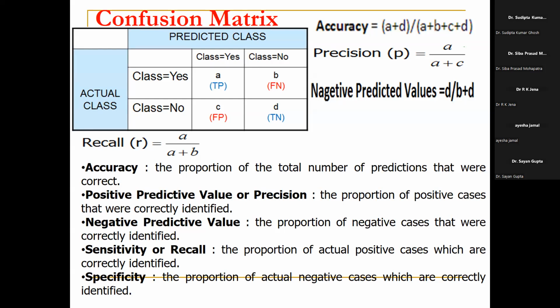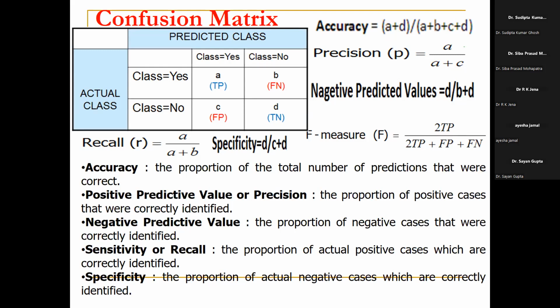Out of C plus D, how many has correctly identified? D. So that specificity is D divided by C plus D. So once you got all these things, finally you can have your F measure. F measure is nothing but 2 into true positive divided by 2 into true positive plus false positive plus false negative. So these are the formula generally used to find out the value of different performance criteria. I hope you understood, because it is essential to compare different models